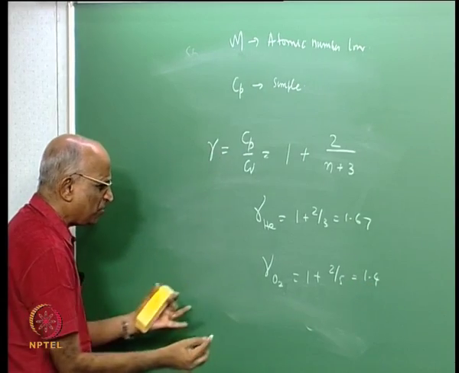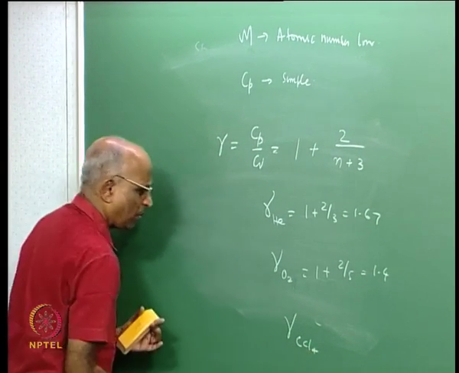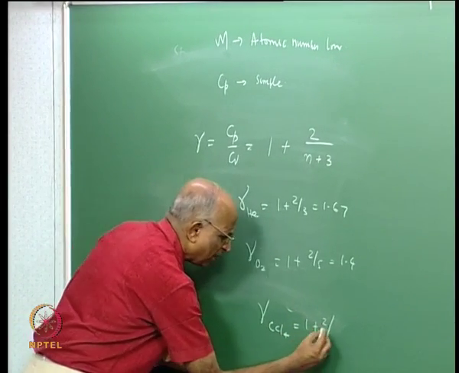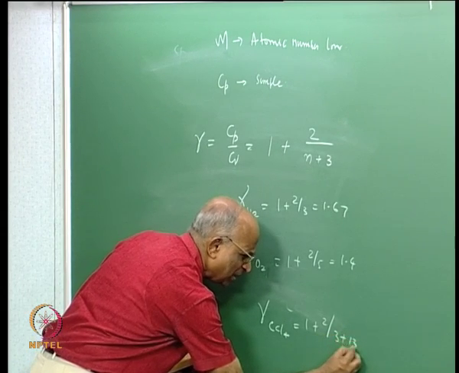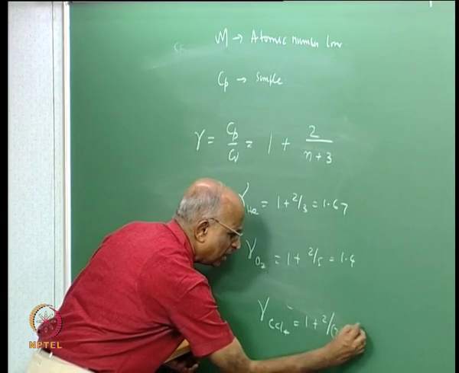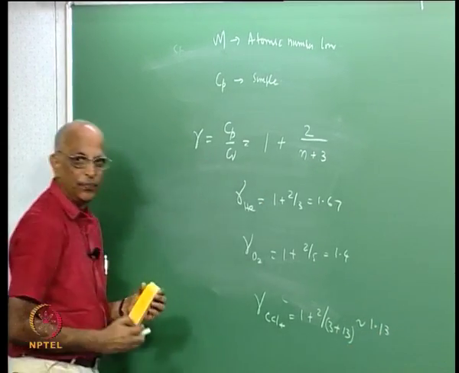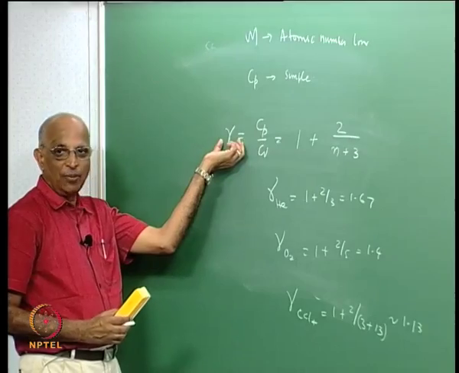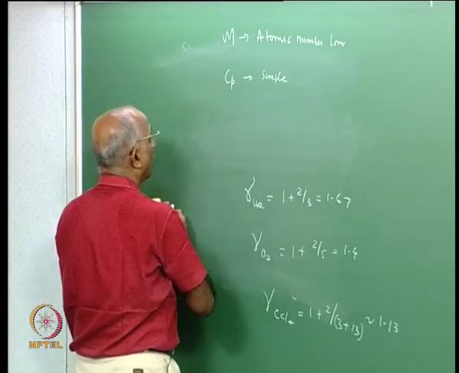As it becomes very complex, gamma for CCl4, carbon tetrachloride, is going to be something like 1 plus 2 divided by, that is 3 plus something like 13 or so, 12.5 or something, in which case it becomes something like 1.13 or 1.12. That means more complex molecules have a lower value of gamma, and therefore, now I tell myself if gamma is to be small,